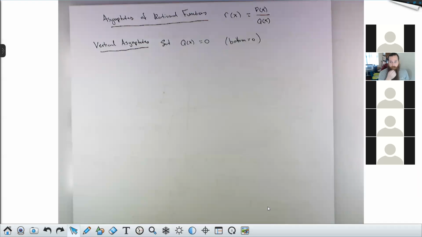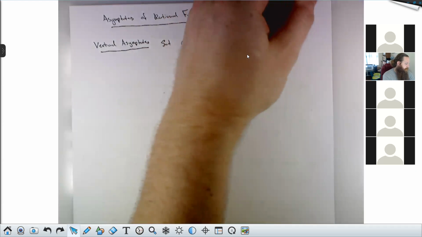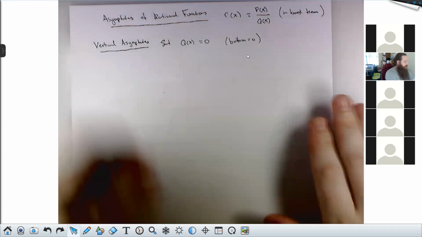With some caveats. You want to make sure that you've canceled any common factors top to bottom that you can. If there are factors top to bottom that cancel, sometimes you won't have a vertical asymptote from that factor downstairs. So simplify your rational function as much as you can, and then do the following. To find the vertical asymptote, set the bottom equal to 0. This is, we would say, in lowest terms. Horizontal asymptotes